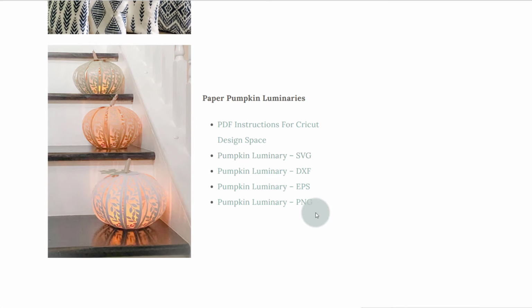The SVG file is the one you will use the most. It is good for Cricut users, Silhouette users, Scan and Cut users. Most of those machines will use the SVG version. If for some reason that does not work, the DXF version is also a helpful file for those who cannot